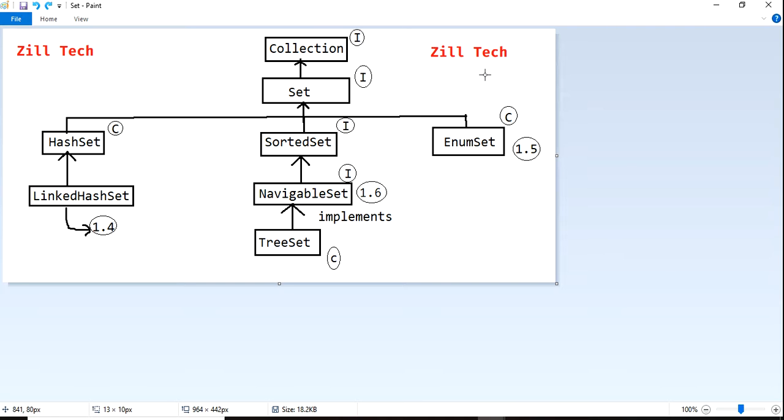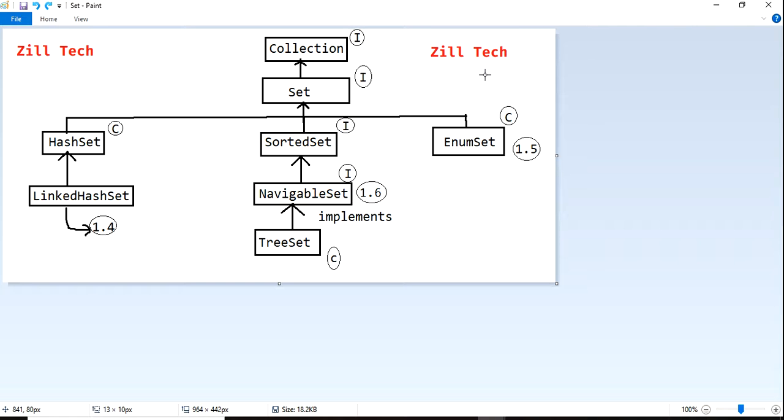You cannot guarantee the output will come as 10, 20, 30. It can be 30, 20, 10, or 20, 30, 10, or 10, 30, 20. The order is not guaranteed, because set does not have indexes. Internally it uses hash coding, a hash table.